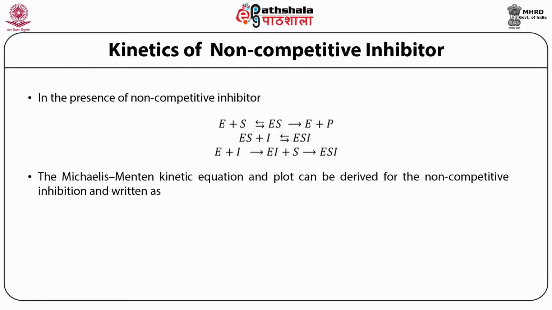So if you derive the Michaelis-Menten equation for a non-competitive inhibitor, you can see that the equation looks like V0 is equal to Vmax into substrate concentration divided by 1 plus I upon Ki, in the bracket Km plus S. Here if you see this equation, it seems that we are multiplying Km plus S by 1 plus I upon Ki. But please remember this, we are putting 1 plus I upon Ki in the denominator